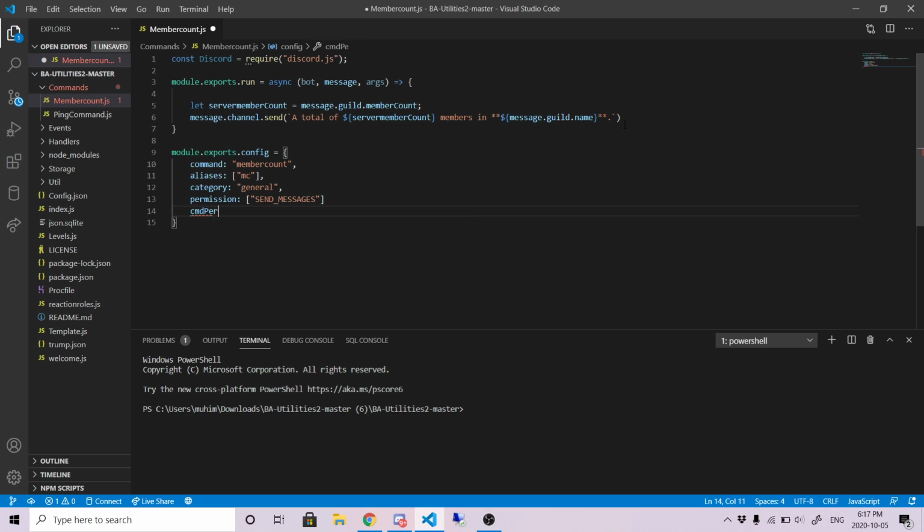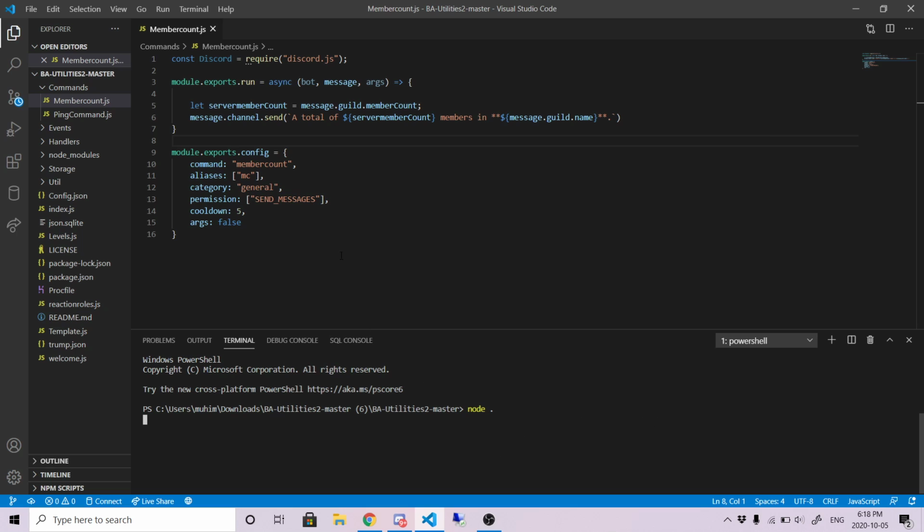Command perms is, no, we don't even need that. And then we'll do cooldown is 5, and then the args is false, because you don't need an argument for this command. We'll save it, and then we'll run the bot in the terminal, so node dot,